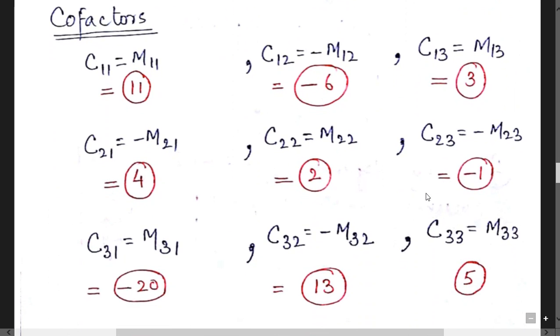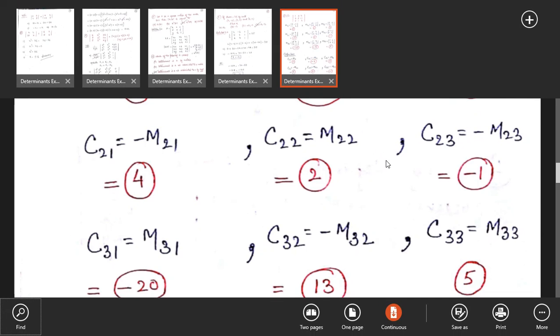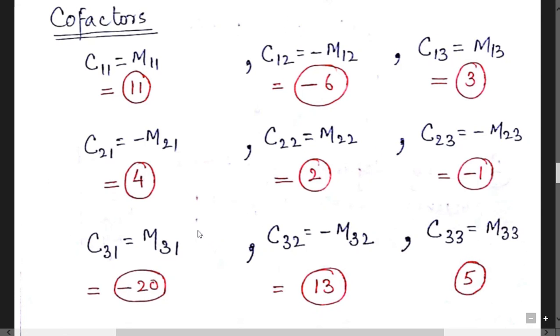Now what about cofactors? If this total is even, the value is equal to the minor. If this total is odd, it means this value is the negative of the corresponding minor. That's why we can change the value here. If the total is odd, it means the answer is negative. This total is also odd, this total is also odd, this total is also odd. What about this? It's even. And this? It's also even. This one is also even. That's why the values are equal.